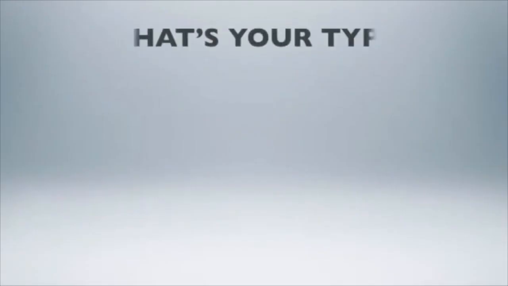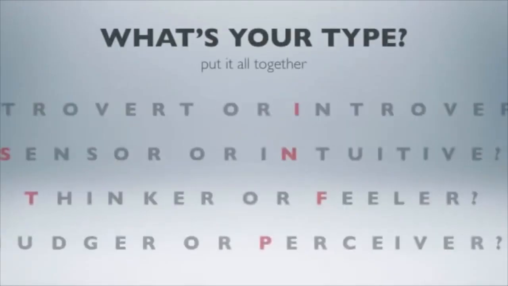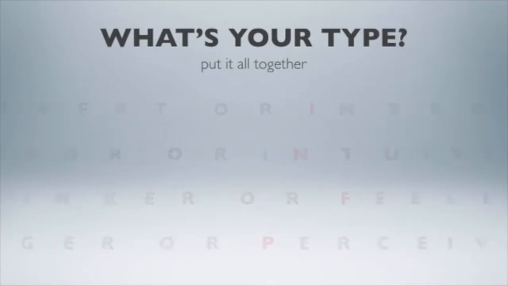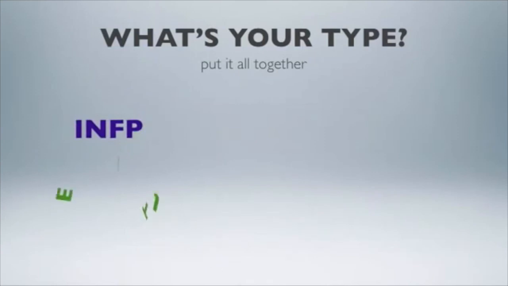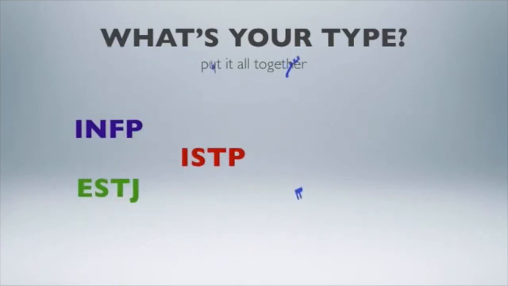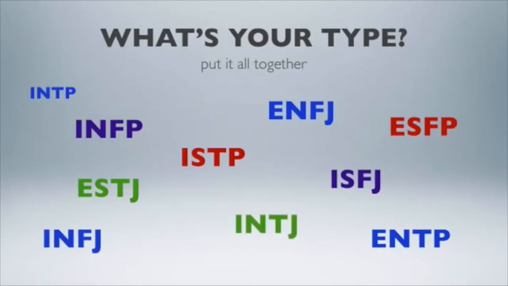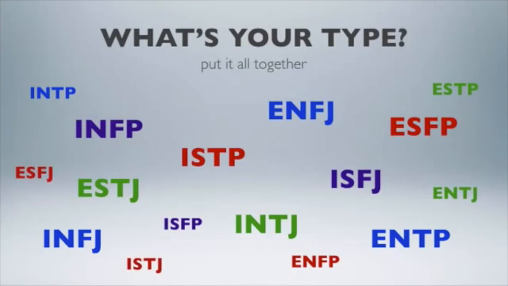Now it's time to put it all together. The 4 letters you have chosen are combined to create a code for your personality type. It might be INFP, ESTJ, ISTP, ENFJ, or any one of 16 combinations. For each personality type, your preferences combine in a unique way to create an overall style